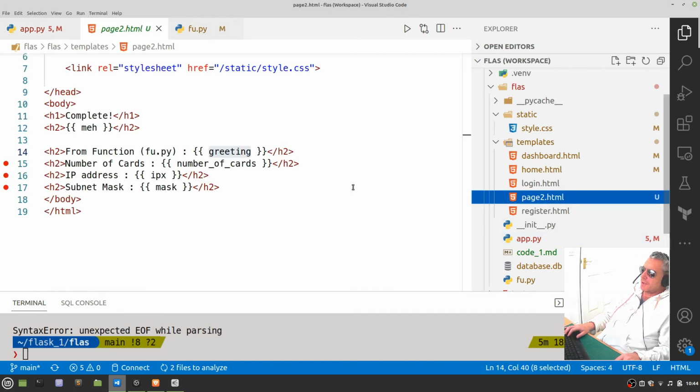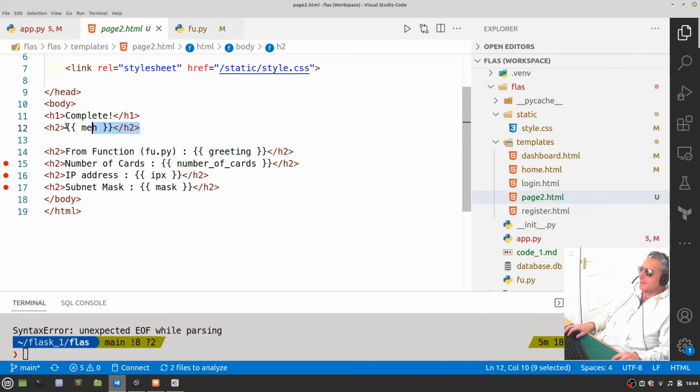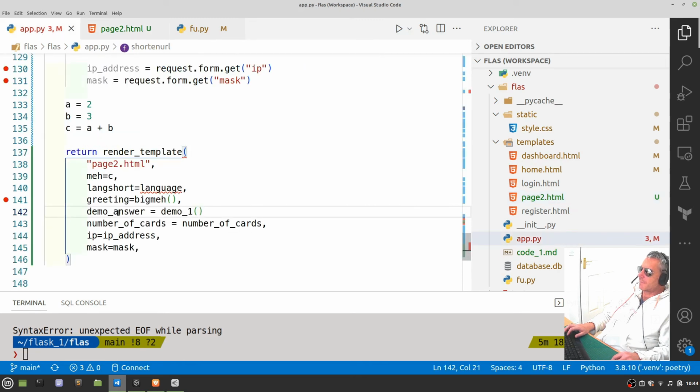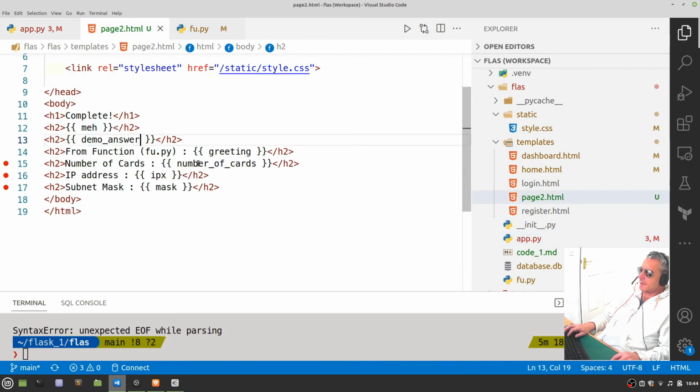And then we're just going to page 2. And we just need to add this here. What did I call it? Demo answer. So demo answer from there goes into page 2. And there, let's just say demo answer